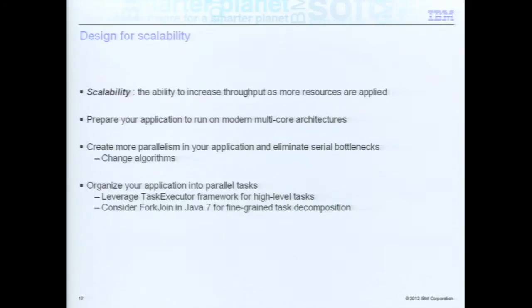So one of the first things that you want to think about is making sure that it's actually scalable, and there's a lot of code out there that's not. And scalability, by the way, what I'm defining this as, is really the ability to increase throughput as you apply more resources to something. So, for example, if you happen to be running your application and it's running fine on a little